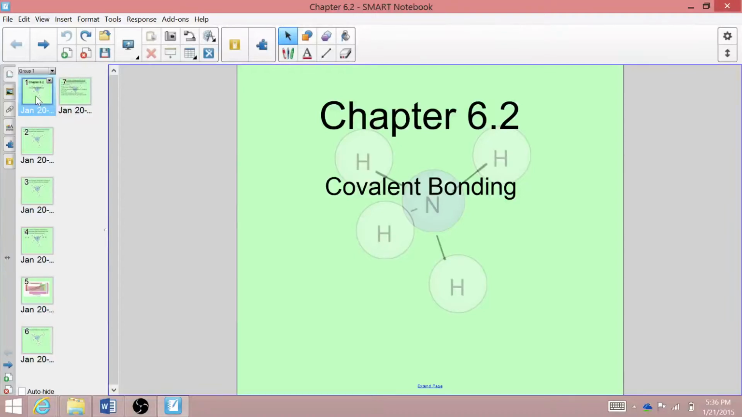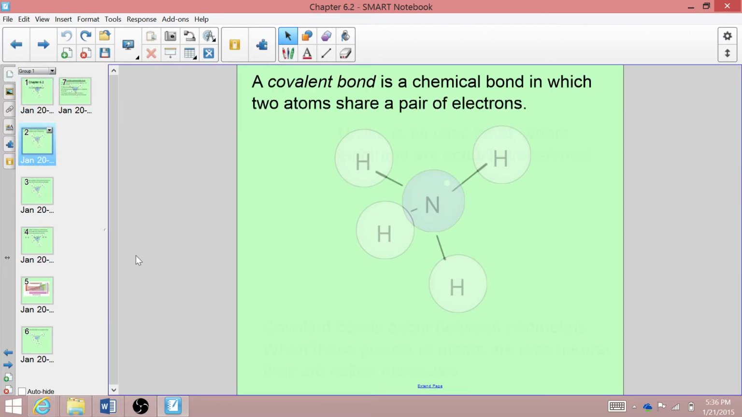Alright, welcome to chapter 6.2, where we're going to talk about a new kind of chemical bond, the covalent bond. I covered a lot of information in the ionic bond video, so I'm going to try and make this one shorter. A covalent bond is a chemical bond, just like an ionic bond, but it's when two atoms share a pair